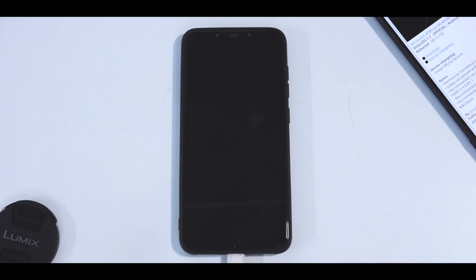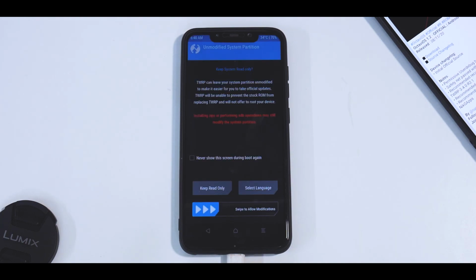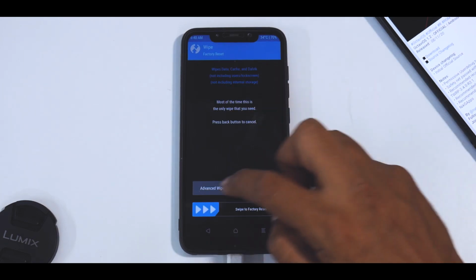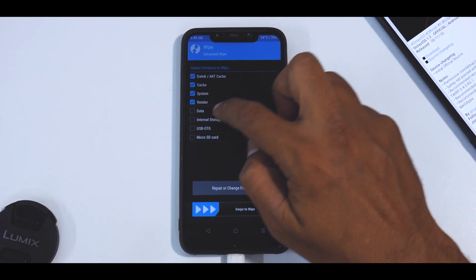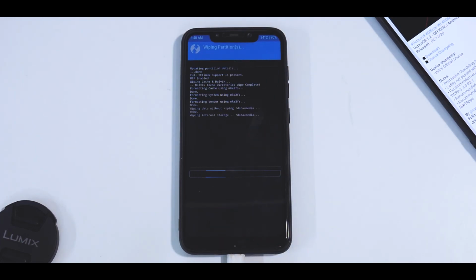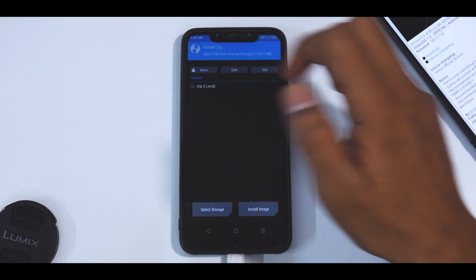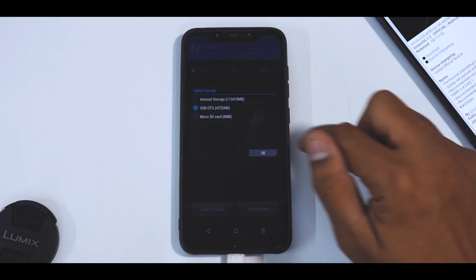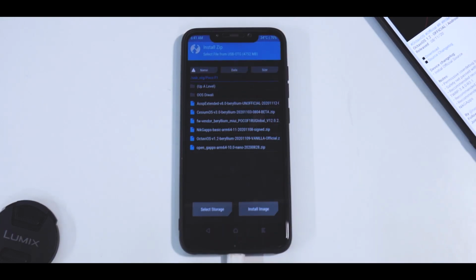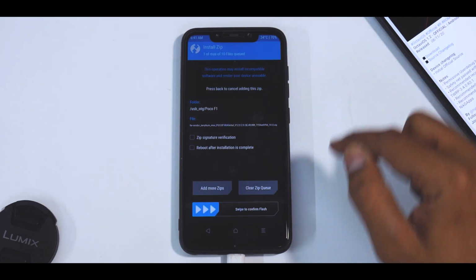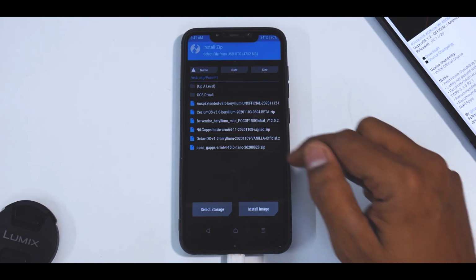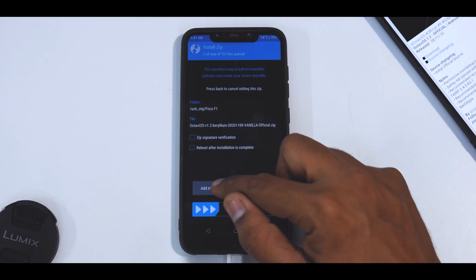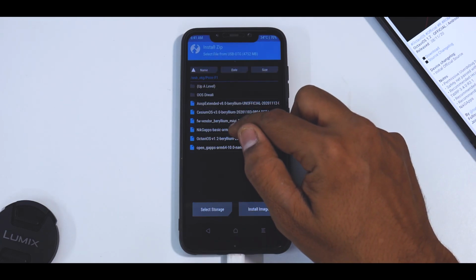And check these, do not install. And this time when it boots back into TWRP, we're going to wipe everything including internal storage, and we're going to have a clean shiny flash. So let's go to wipe, advanced wipe, Dalvik cache, system, vendor, data, internal. Swipe to wipe, and then go to install, select storage. My files are on this OTG pen drive, so select that, hit OK, and select Poco F1. That's where I've kept the files. So select the firmware first, add more zips, select Octavi OS vanilla, add more zips, and select the Nick GApps.